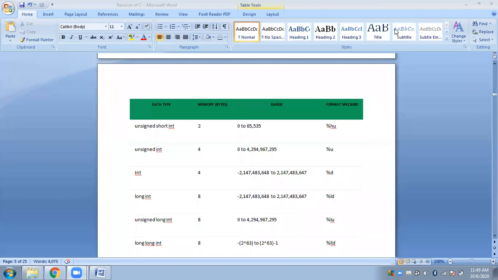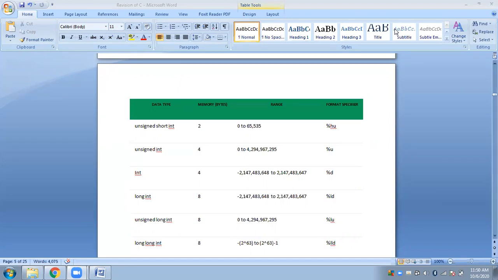We are talking about data types. So what are the different data types we can have in C programming? The basic data types, as I said, are 4: character, integer, float, and double. Character represents a single character, that means a single byte only. Integer represents 4 bytes. Float also represents 4 bytes, and double represents 8 bytes. So double is just the double of float: float is 4, double is 8.